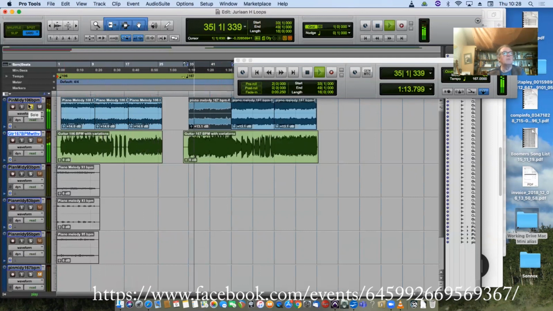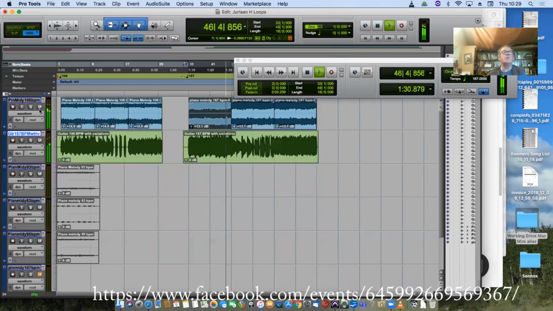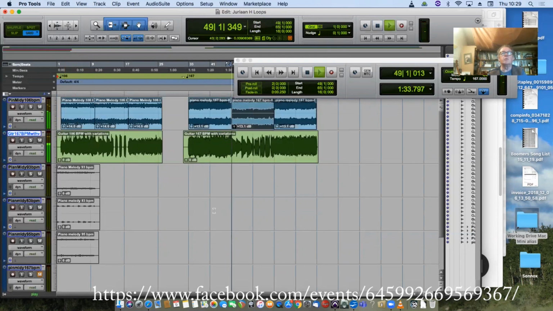Nice. So I added guitar. Here it is without the effects. With the effects again. And then the same thing. For the second loop, the chords spread.